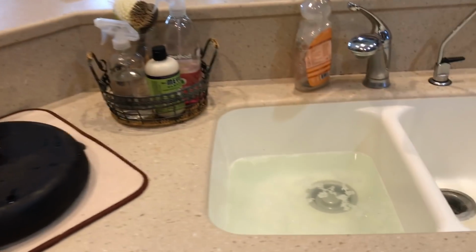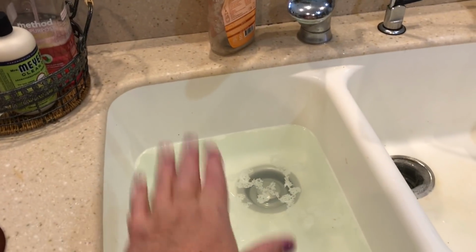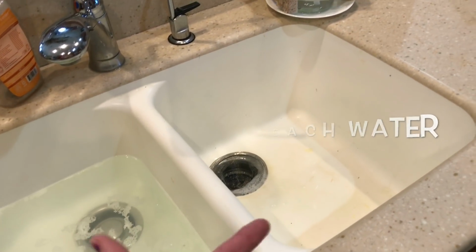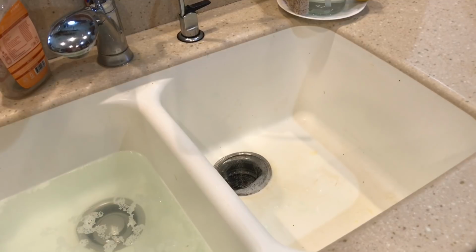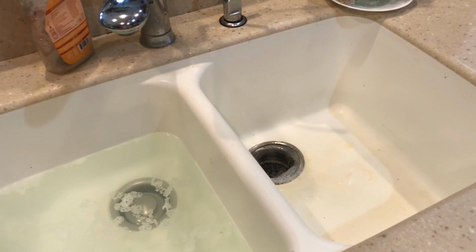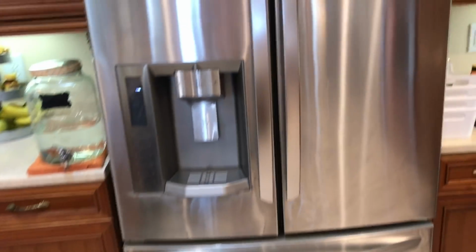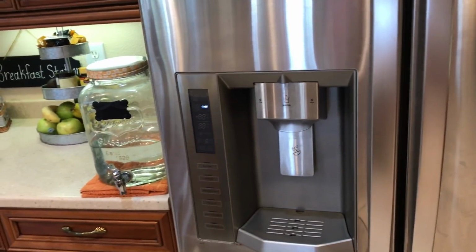I'm going to mess it up again by cleaning the fridge. So I'm soaking that sink, and then when that sink's done soaking, I'm going to soak the other, because the cleanser didn't completely come clean, to make the sink really clean. This is a porcelain sink, so I soak it every once in a while. So now I've got to clean out the refrigerator and organize it and get it all ready for